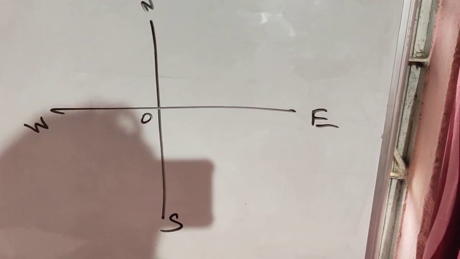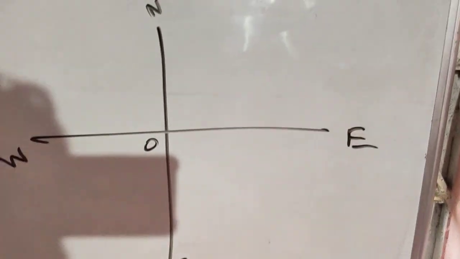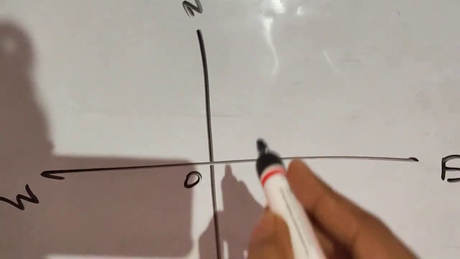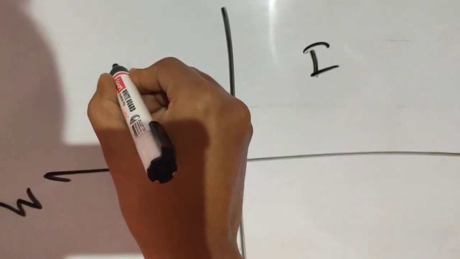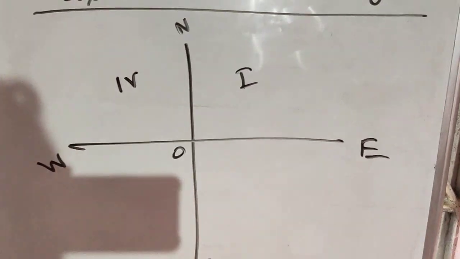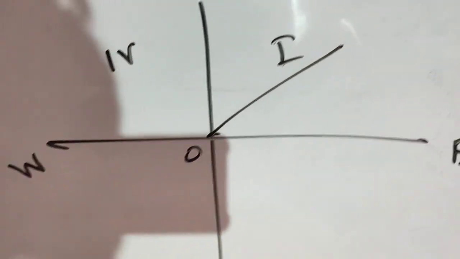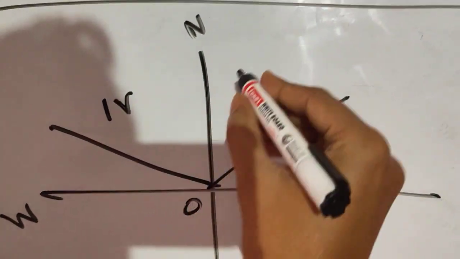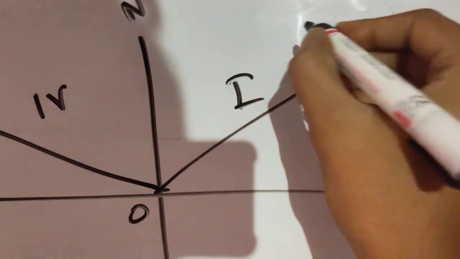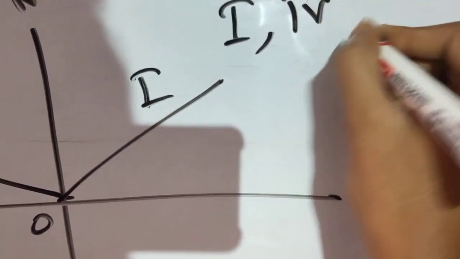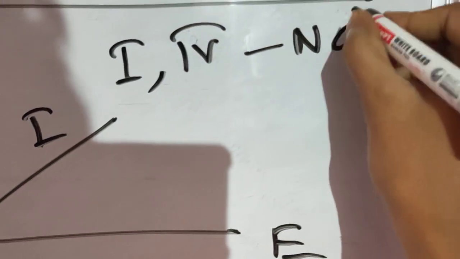One more very important trick that I am going to tell you. You will not find these tricks in any of the books. Suppose there is a line between first and fourth quadrant, you can note this down also. Suppose there is a line in the first quadrant or fourth quadrant, then we will measure the angles from north direction. You can write it down also. If the lines are in first and fourth quadrant, then we will refer to north direction.